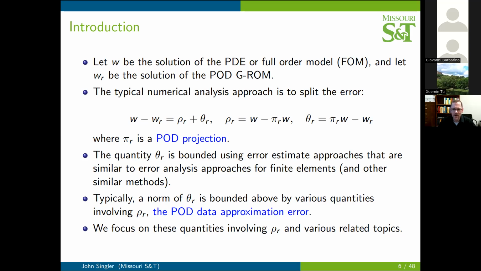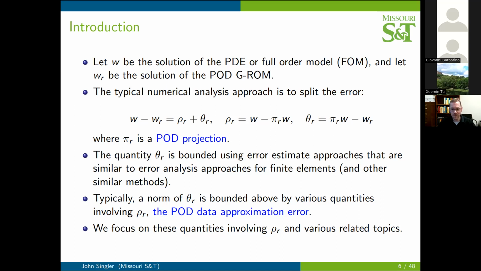Rho_R there is the solution data minus some projection of the solution data. And that is a projection that's built with POD. I'll talk about those. So rho_R there is what we will focus on. The other quantity, theta,